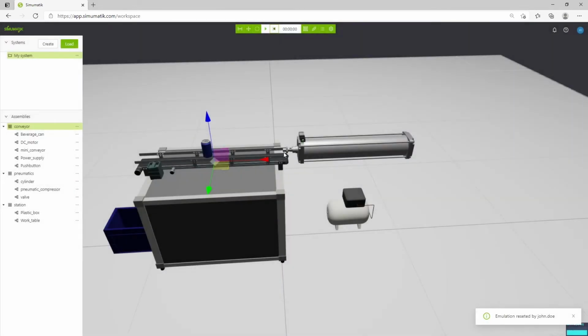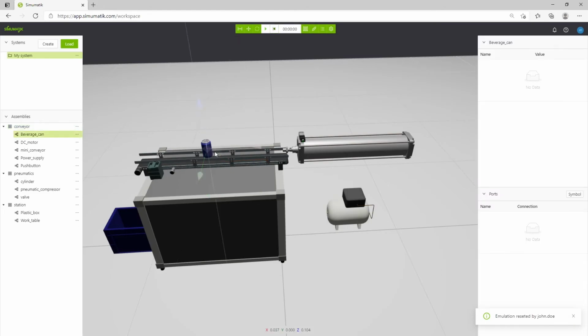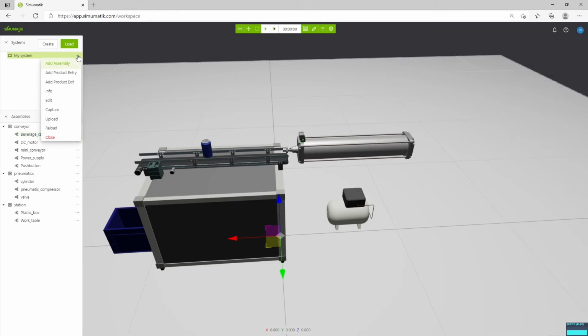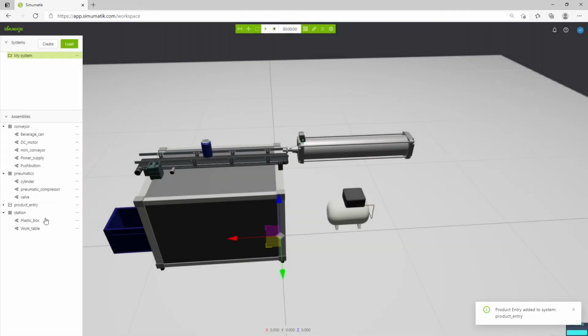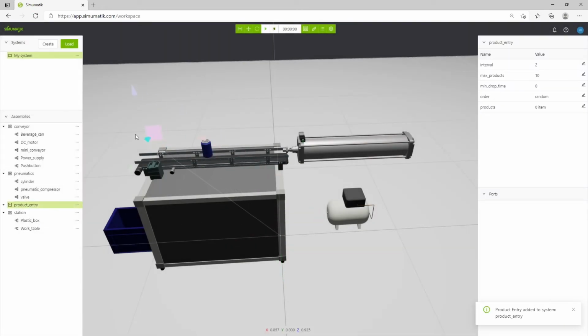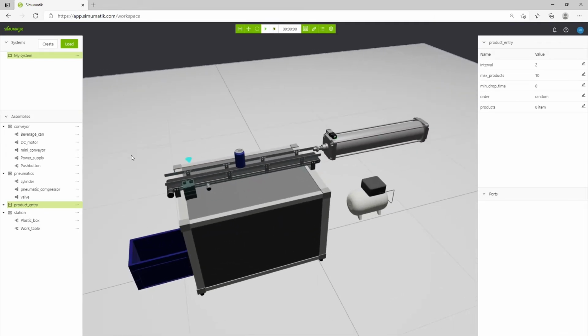At this point, what we did is that we add this product directly into an assembly, but instead of doing that, we can add components automatically and using an interval, using another element in the system which is called the product entry. So basically this element, when we add it to a system, it will look like this blue cone. We can place it where we want to introduce our product. Now we can remove this,